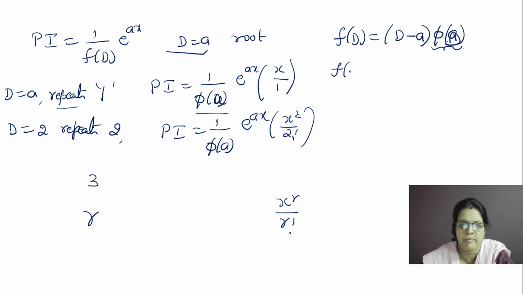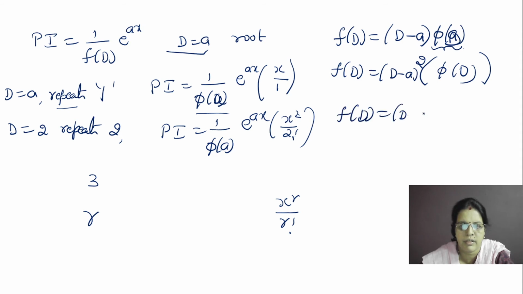If it repeats 2 times, then what happens? It is (d minus a) whole square into the remaining factor, that is phi of d. Similarly, if it repeats 3 times, then it is (d minus a) whole cube into the remaining factor taken as phi of d. So after taking completely outside the factor that causes zero, in the remaining term, in the remaining factor, when you put